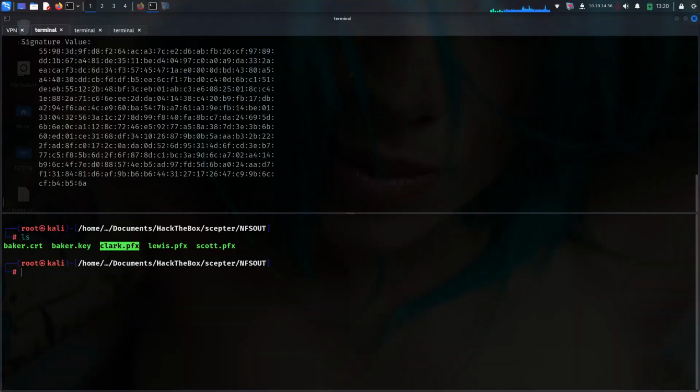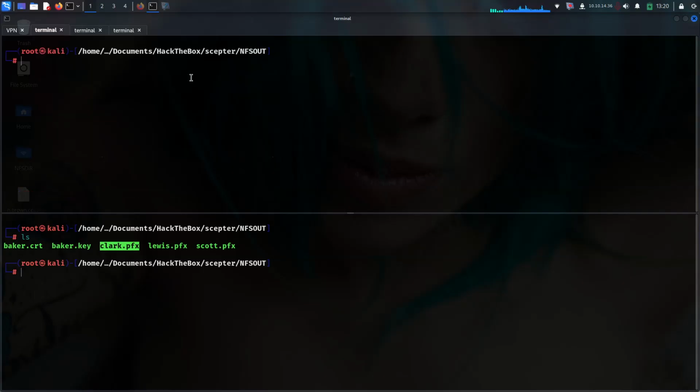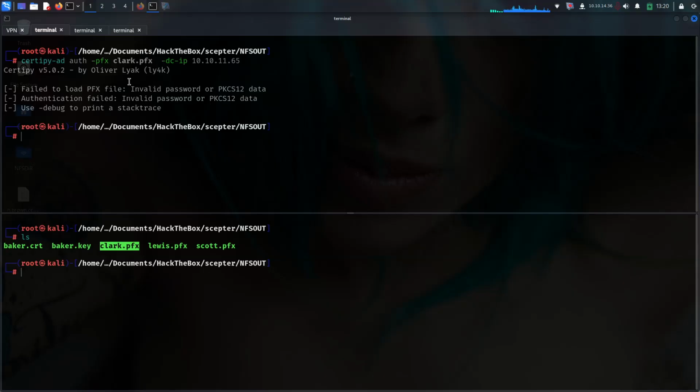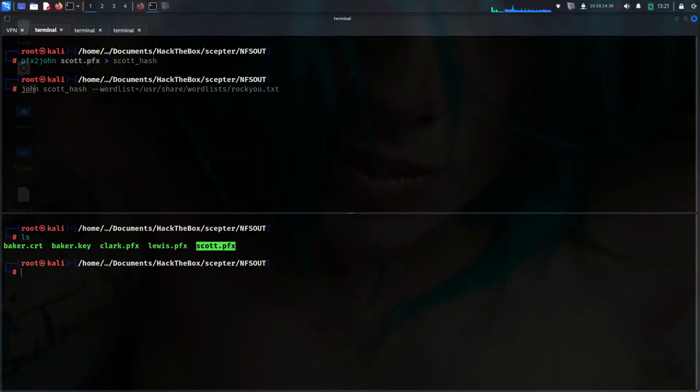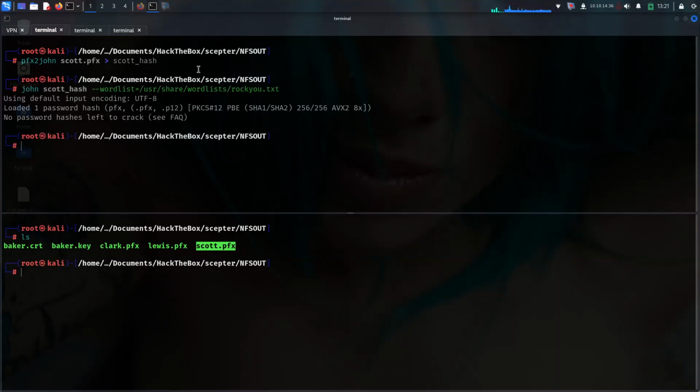Because of what? Let me show you. With OpenSSL, if we try to do it here, or certipy with a password, it says invalid password. So before we do that, we have to grab some data first. Let me use pfx2john, and let's use the Scott pfx and save it as scott.hash. After that, john scott.hash, and it says there are no password hashes left. Okay, this is interesting because this means